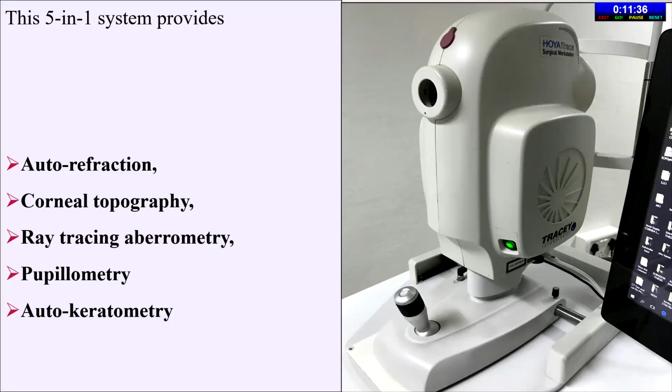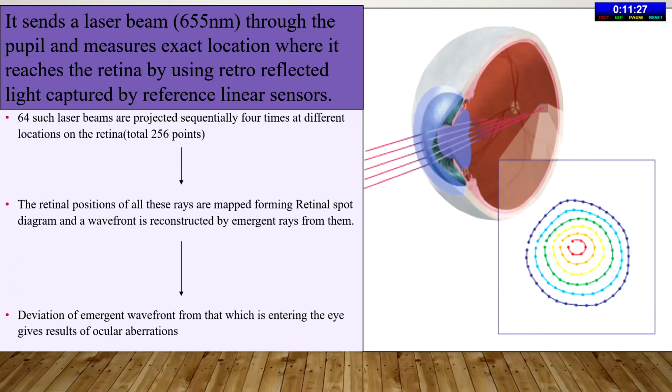It is actually a 5-in-1 system which provides auto-refraction, corneal topography, ray tracing aberrometry, pupillometry as well as autokeratometry. The principle behind it is that it sends a laser beam of 655 nanometers through the pupil and measures the exact location where it reaches the retina by using retro-reflected light captured by reference linear sensors. 64 such beams are projected sequentially 4 times at different locations on the retina, a total of 256 points,